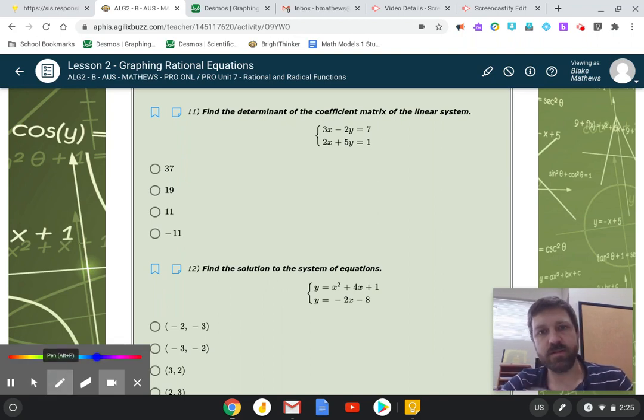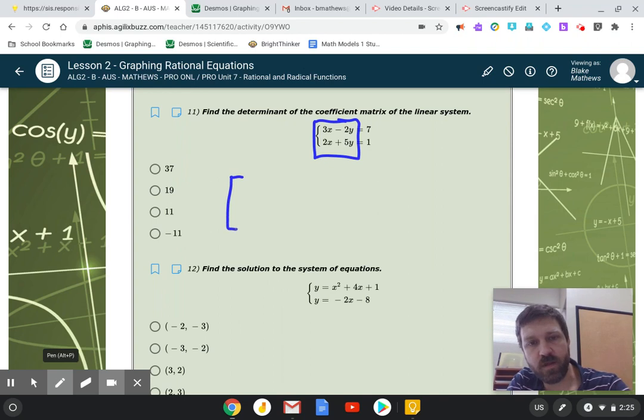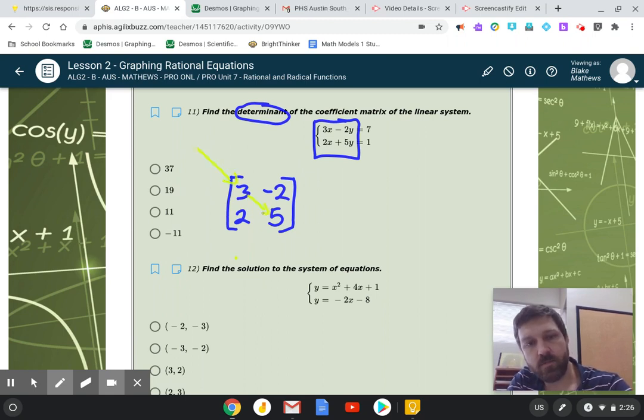First one asks about the determinant of the coefficient matrix. When it says the coefficient matrix, it's referring to just these values here. So if I wrote a coefficient matrix for that, it would look like this: 3, -2, 2, and 5. And then this idea of a determinant, you may or may not remember that from when you learned how to do matrices, but basically I take the downward diagonal values and I multiply them. So I'll do 3 times 5, and I subtract the upward diagonal values times each other, 2 times -2. So that minus